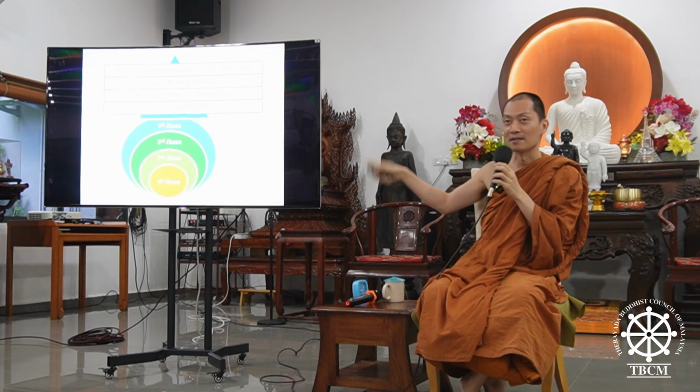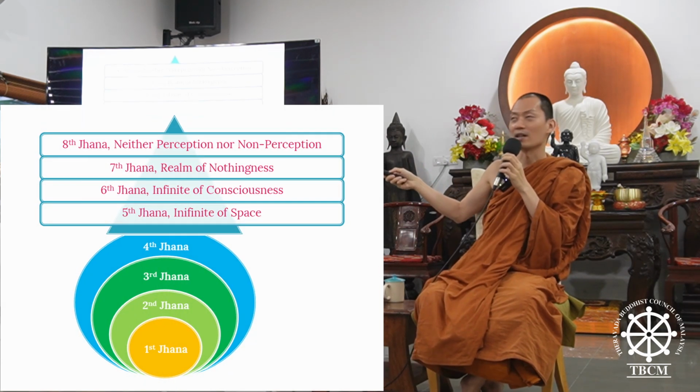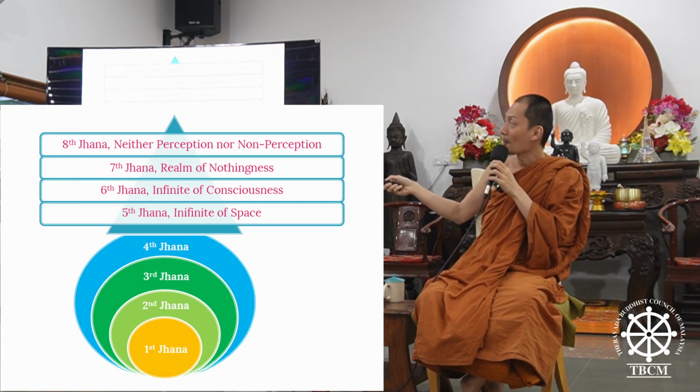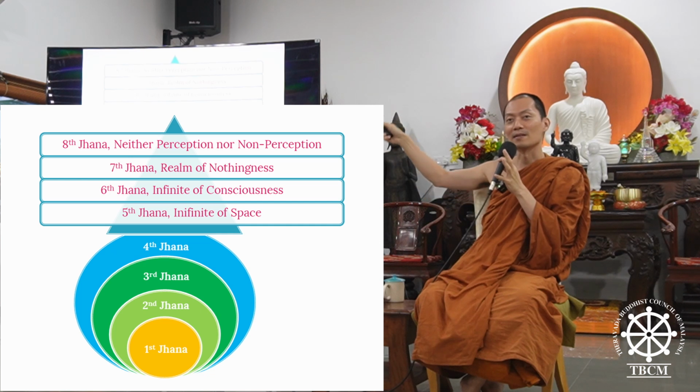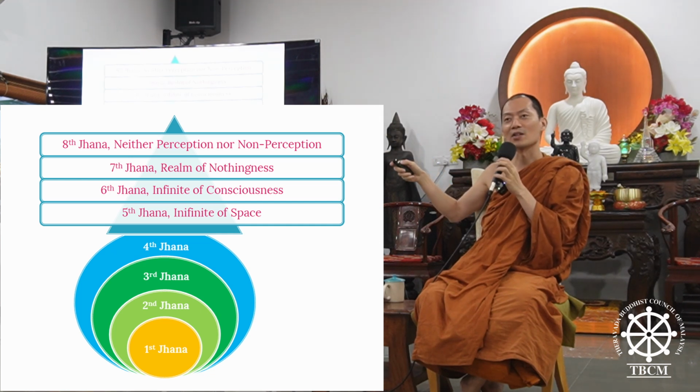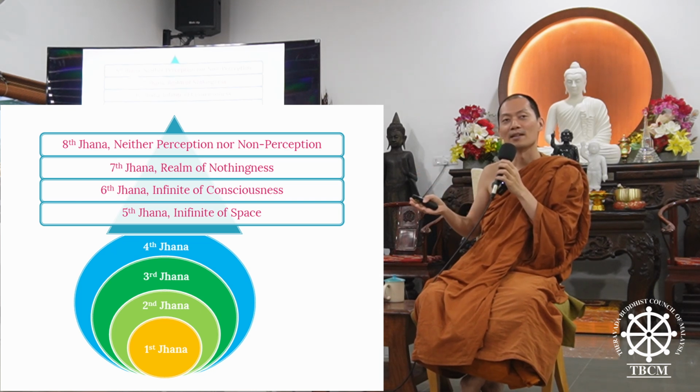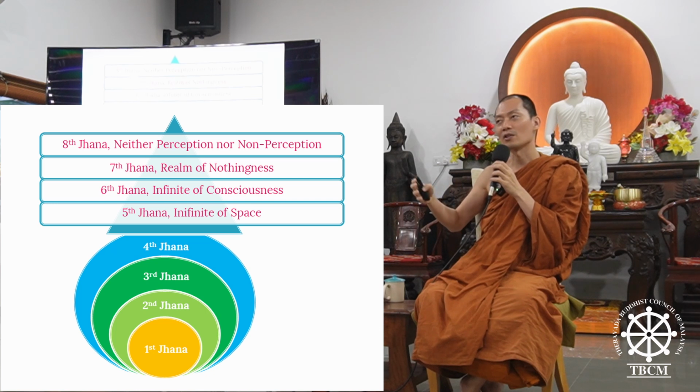Okay, so these are all the so-called jhanas. In the sutta, they don't call the top four jhanas; they call them formless concentration, the arupas. But for simplicity, we just use jhanas. Because in breath meditation, probably that's the only object that can systematically go from level to level: first, second, third, fourth, fifth, sixth, seventh, eighth. Probably the only meditation subject.